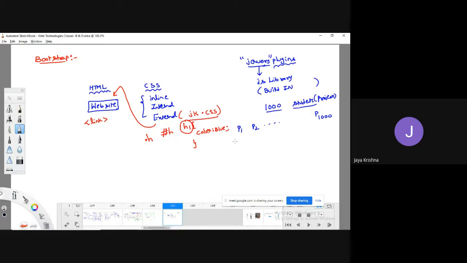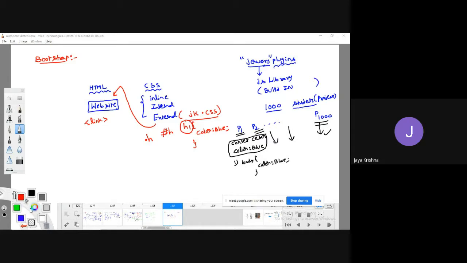Suppose their content should be arranged to the center, and the content printed in the web page should always be in blue color. This is a common requirement for all the 1,000 projects. One solution is that individual people write these properties in their individual projects. For example, I access the body, align the text to the center, and apply the color blue. Project 1 student will write it, project 2 student will write it, project 3 student will write it, and project 1,000 student will also write it.